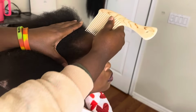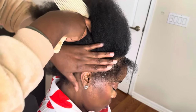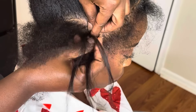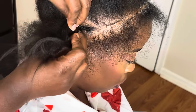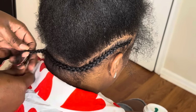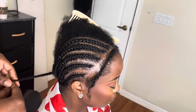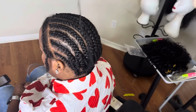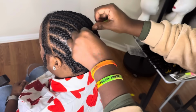Now the braid pattern, we are keeping it simple. I'm leaving some of her edges, even a little bit more hair out up front. And then just do 10 to 12 cornrows going straight back. Again, this hairstyle is very simple and very easy. I added some hair for her cornrows, and I'll just do 10 to 12 of them going straight back with a little bit of leave out. And that would be it. Once I'm done with the cornrows, I'll just tuck the last braid in. And I'll just start with the crochet,